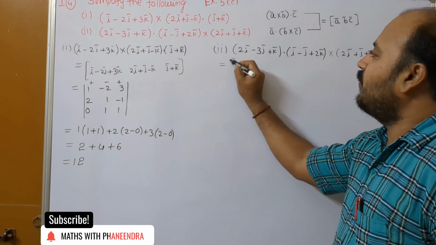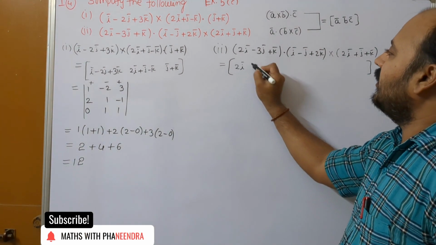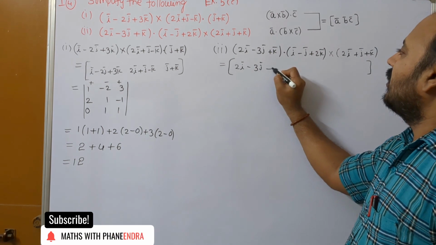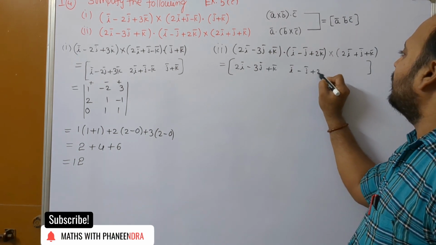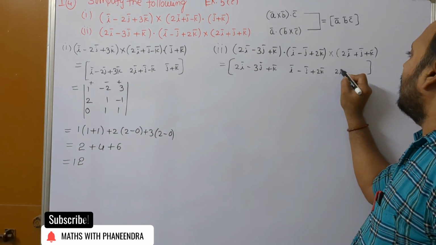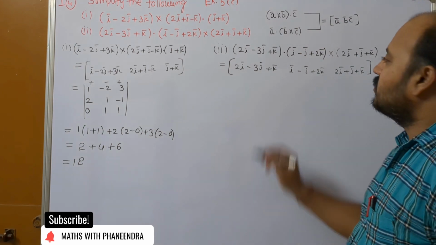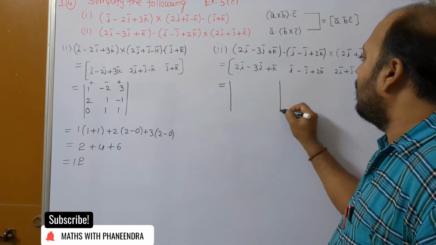So which is equal to box of these vectors. So 2i minus 3j plus k, i minus j plus 2k, 2i plus j plus k. So which is equal to the determinant of